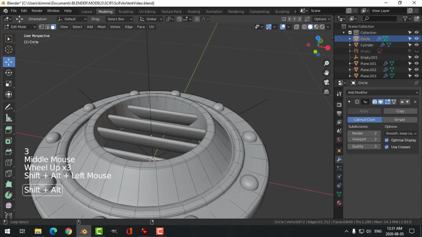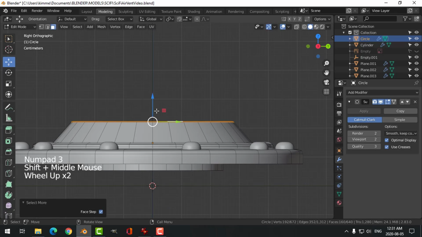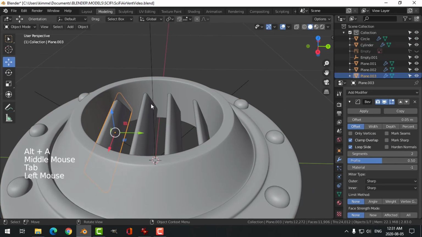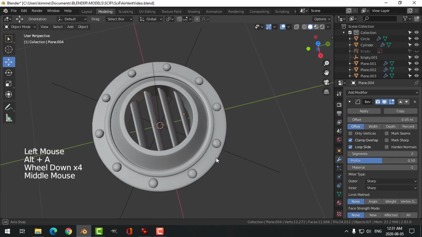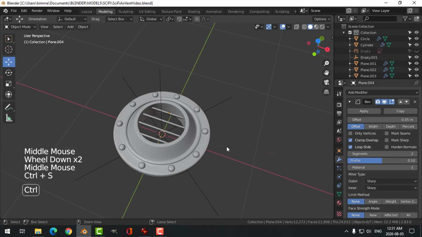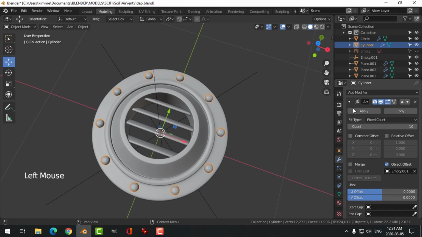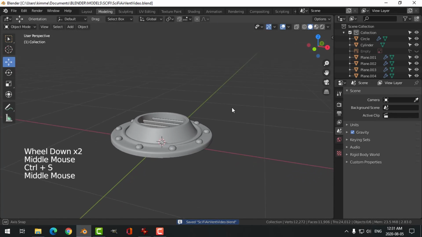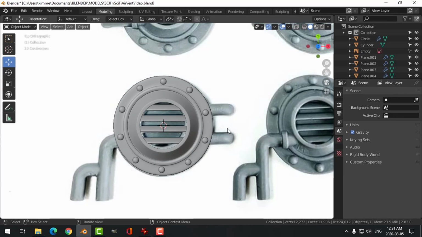I might have to shift alt and click there and go plus a couple of times. Look from the side. I may need to do this so I got more room, and take these maybe and pull them up a little bit, just like that. I think I'm happy with these, and so I think I'm going to go ahead and apply that array, and then I can get rid of that empty there. All right. Okay, so